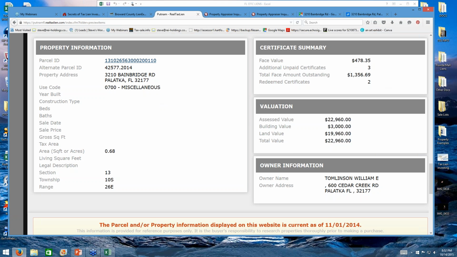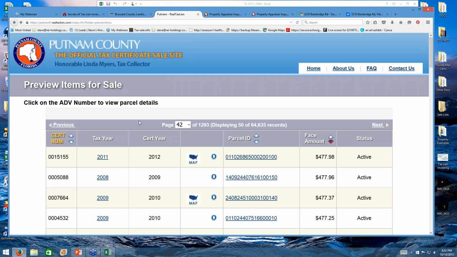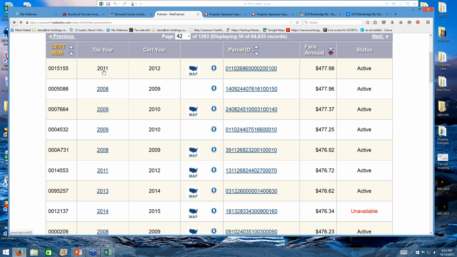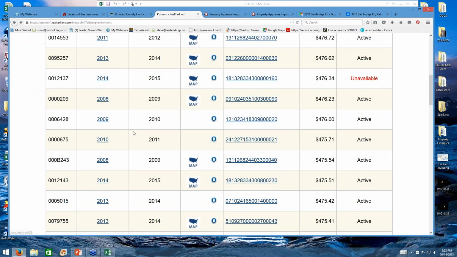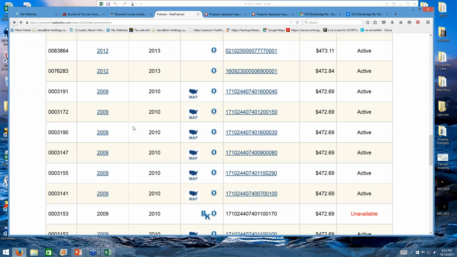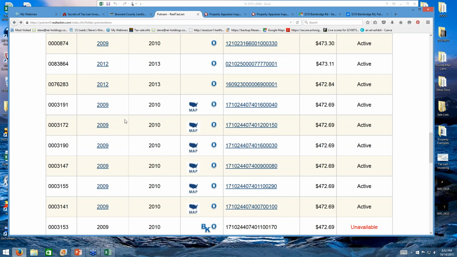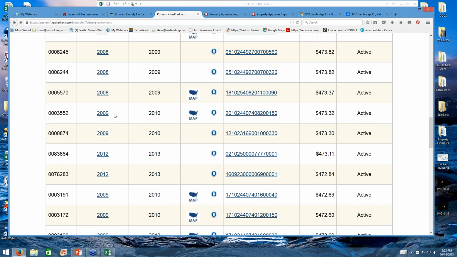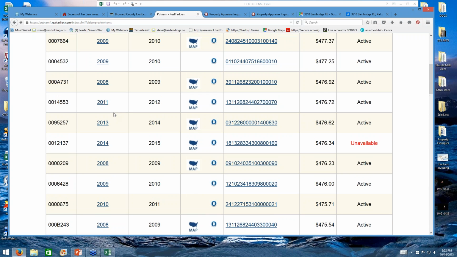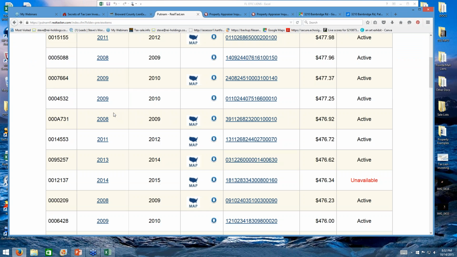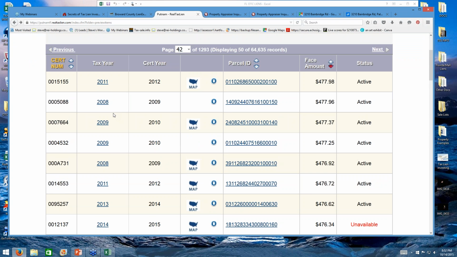And so really it's just a matter of going through and looking at these different tax liens. You'll be able to see the tax year here. If you're just looking for the safest tax liens, you can start by looking at 2014. Obviously, as it gets older, it's going to get a little bit more risky. I would probably not look back at tax liens that are more than 3 years old. So, you can go back 2 years if you want to start the foreclosure process immediately. So you'd look at tax liens from 2013, maybe 2012.